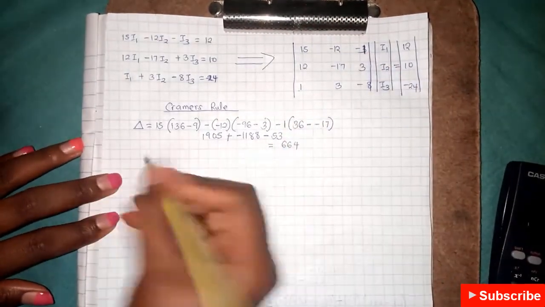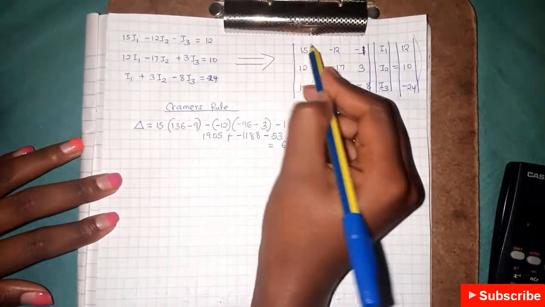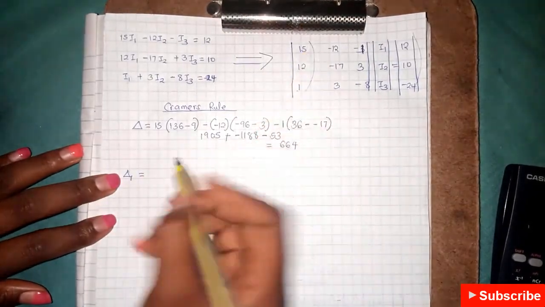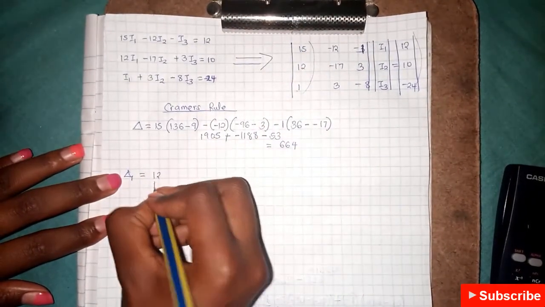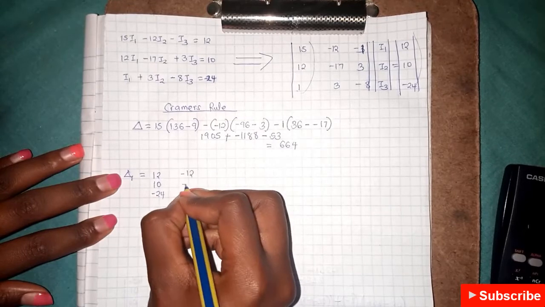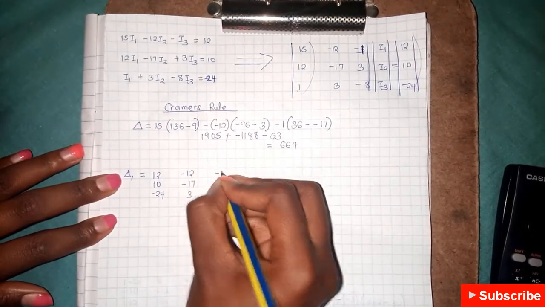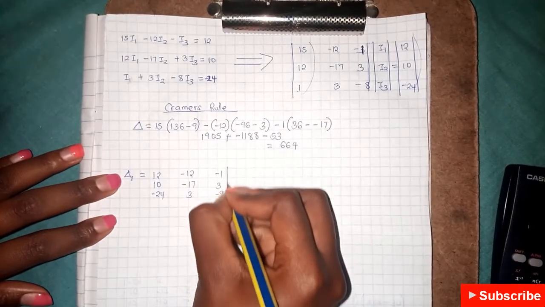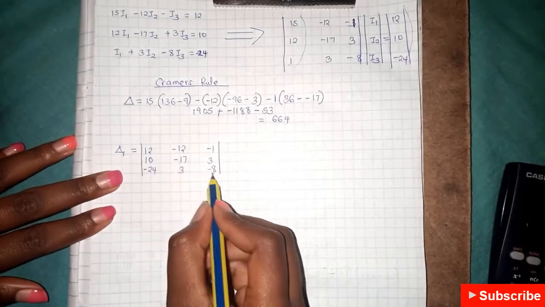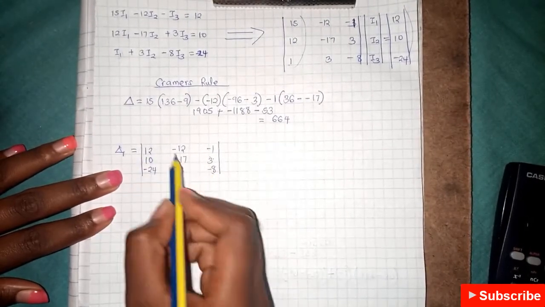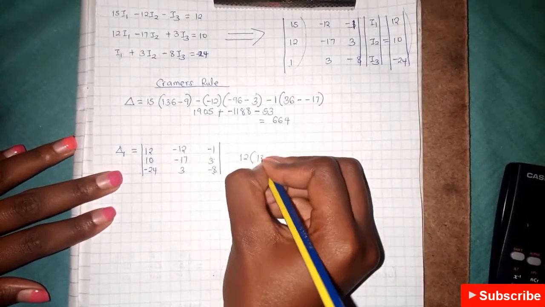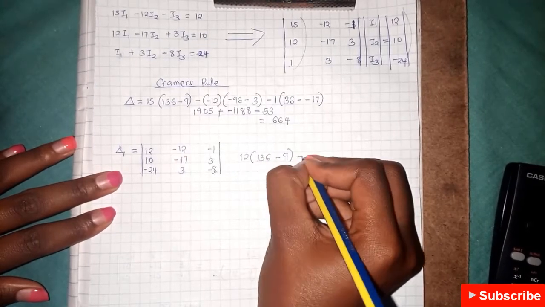And so on the remaining ones, we replace these values here, and then here, and then on the last one. So for the remaining ones, the first one, by replacing here, will be 12, 10, negative 24. Okay, and then now we start with our calculation. So just the same principle. Take this by this, take this by this. So that will be 12 into 136 minus 9 minus,